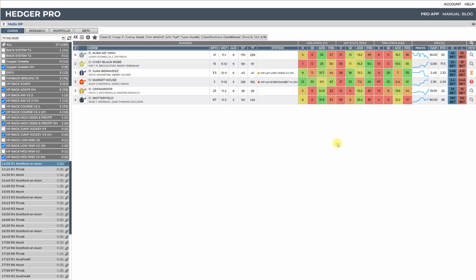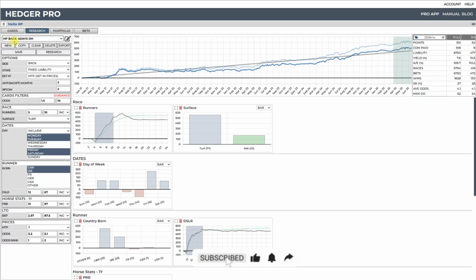I'm going to ideally show you how the anti-backfit works, so you've got an understanding for realistic results, system building, but importantly, understanding how your systems work when it comes to the system creation process. So if I come over to research and I use the same system as earlier, which is HP back 4 days, and we look at this here, you can see over the past 3 months, this is the profit